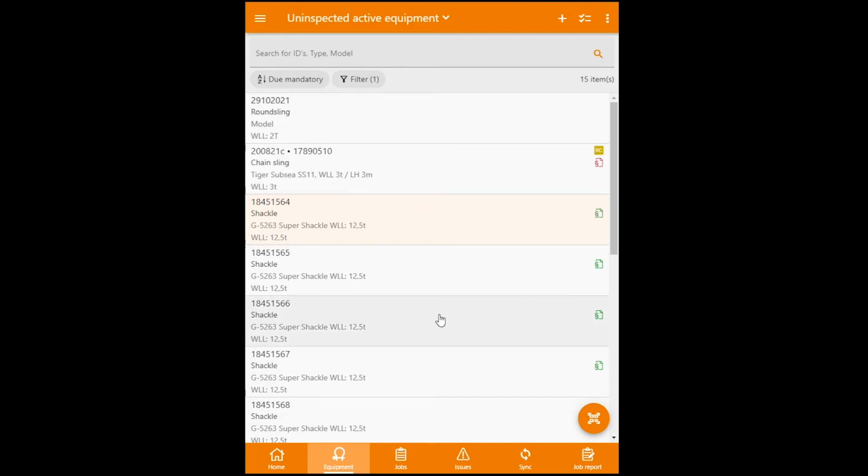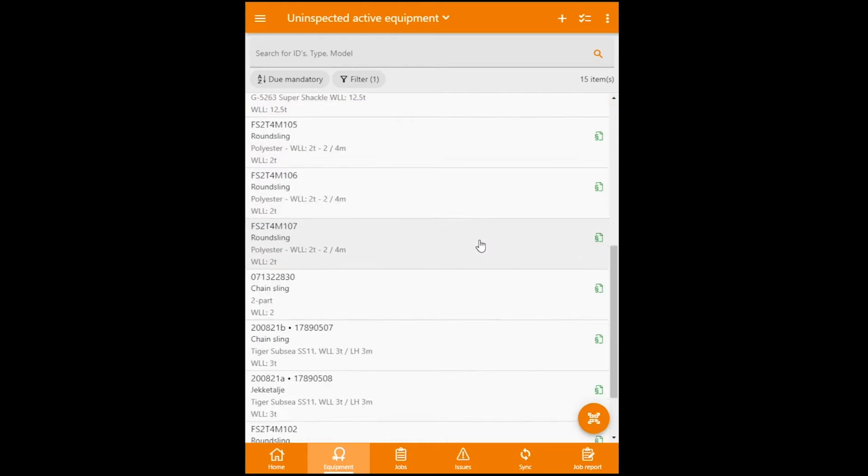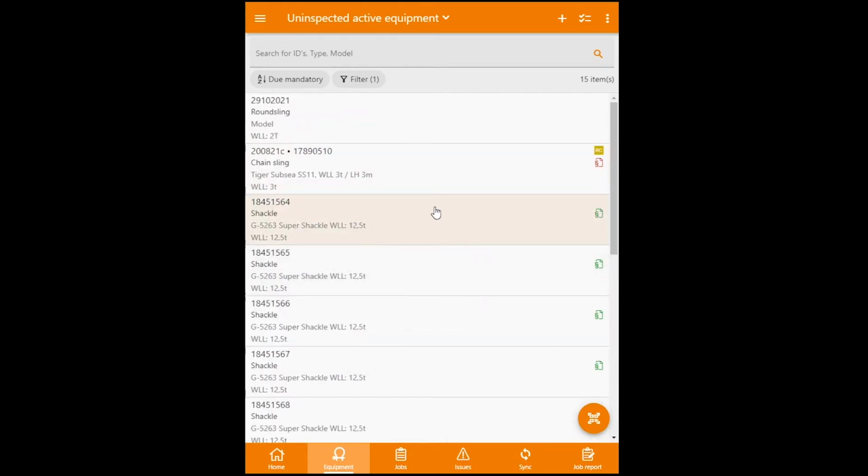Okay, now let's look at how to actually perform an inspection on equipment in the Onix Inspect app. Once you have searched for the equipment, you can see the equipment here in the list. You will see some information about the equipment, if it is overdue with this red icon right here, if it has any issues on it with this icon right here. Once you have found the equipment that you want to inspect, you now have 3 options going forward,